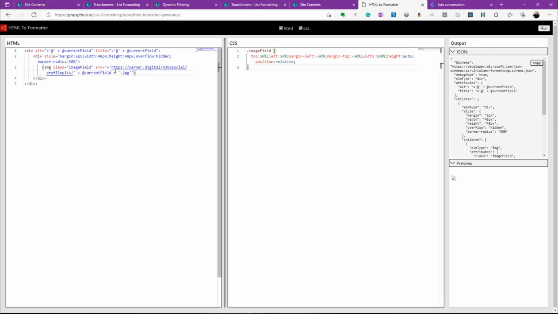Again, the reason I like using the hard-coded values at first is because you can actually see the true output from beginning to end here, instead of having to copy and paste back and forth between this and your list formatting definition there on the page. But what if you wanted to do both? You wanted the best of both worlds. We're going to show you that